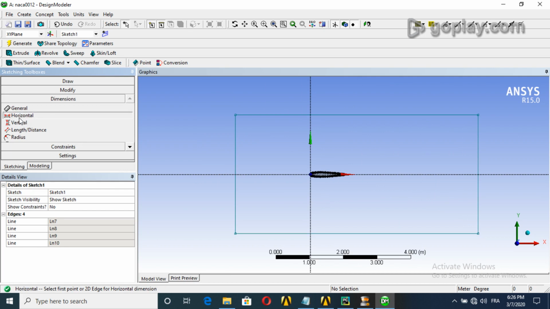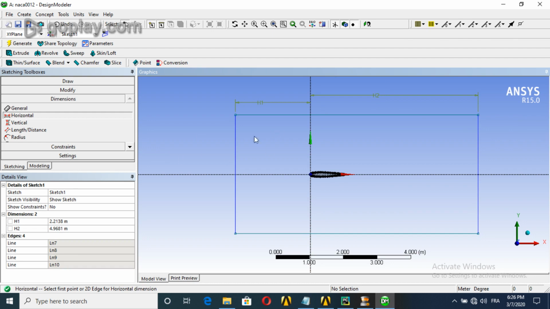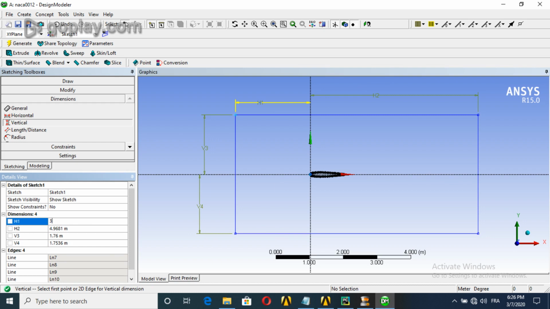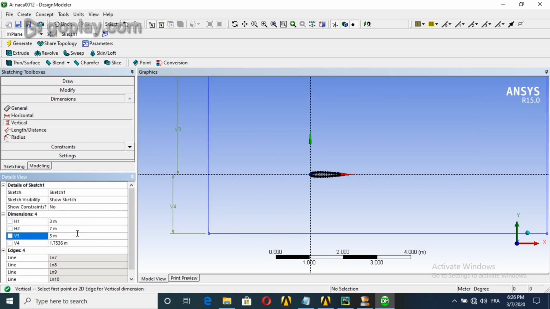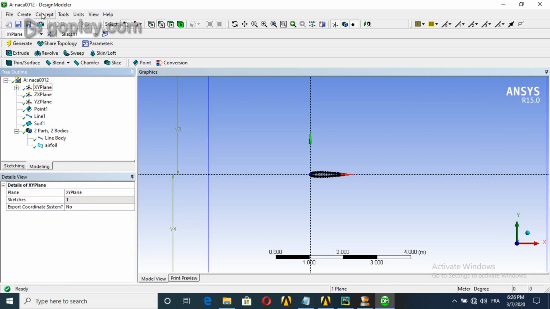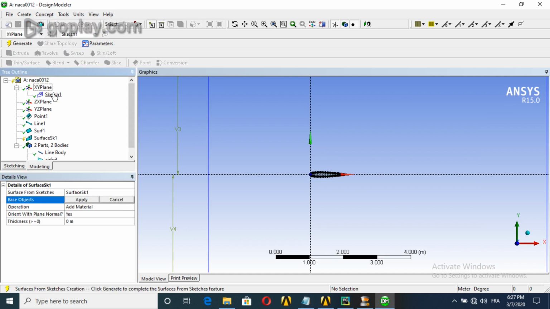Set the dimensions, the horizontal from here to here, and the other half, vertical from this one to this one, and this one to this one. Let's choose here 3, here 7, 3, 3, and go back and go to concept, surfaces from sketches, choose sketch